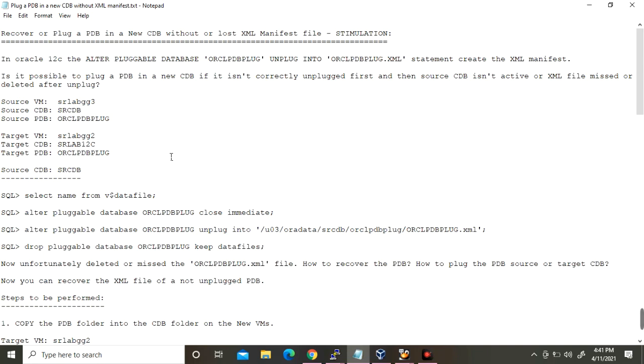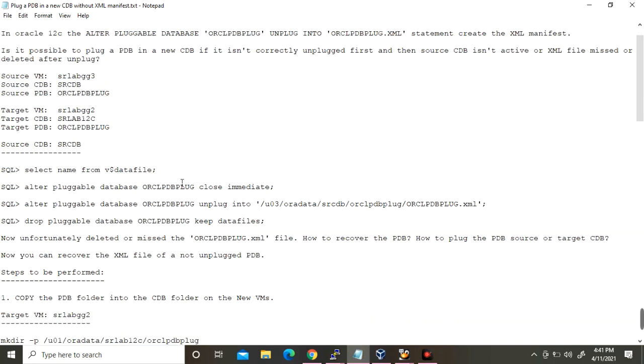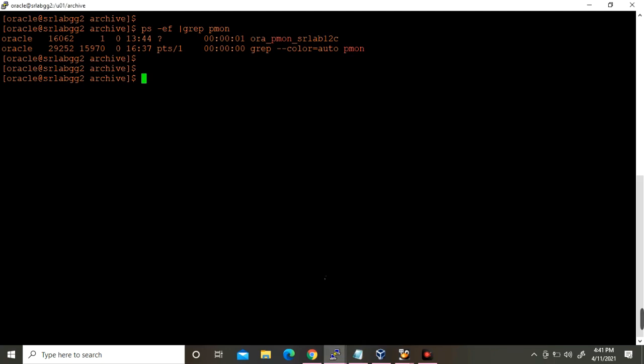Okay, here in my case, I have a couple of VMs running. This is the target VM, running SR Lab.